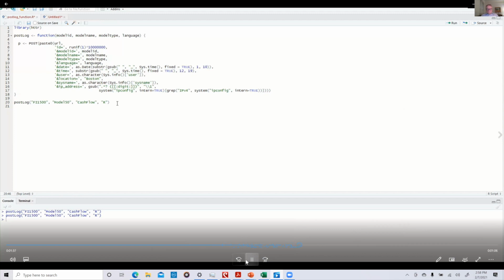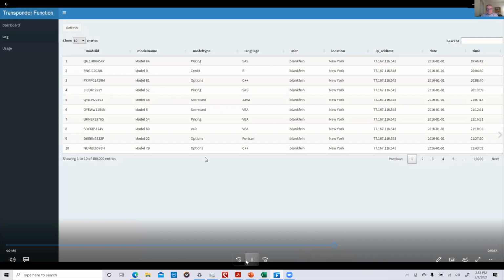So let's see an example in action. Imagine that this postlog function was embedded in our model. When we highlight it and click run, we'll see in the console that the postlog function was executed. Now, when we navigate back to our dashboard and click refresh, we'll see that our entries actually go from 100,000 to 100,001, with the latest entry being the one that the postlog function just created.